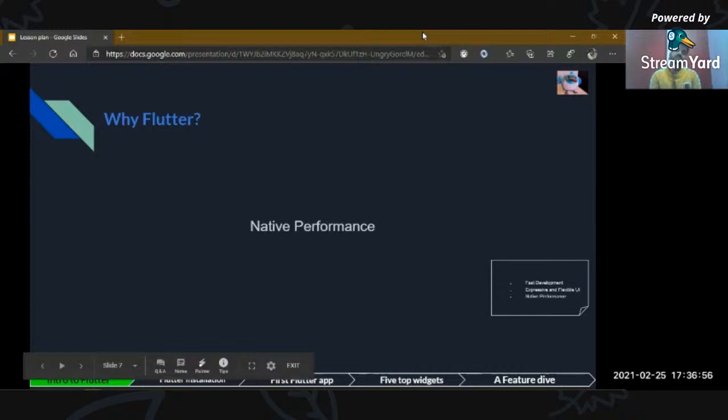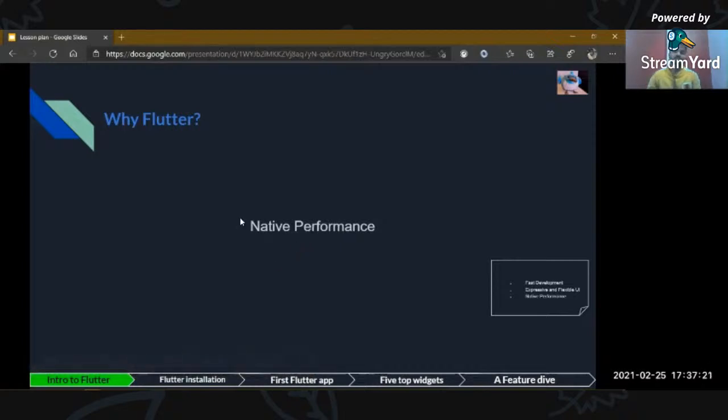So the next advantage is native performance. Now, what does that mean? As it was said at the very first of this session, it is capable of running our application on various platforms like mobile, web, and desktop. How does it do that? You might have already guessed it. It is a native building environment.